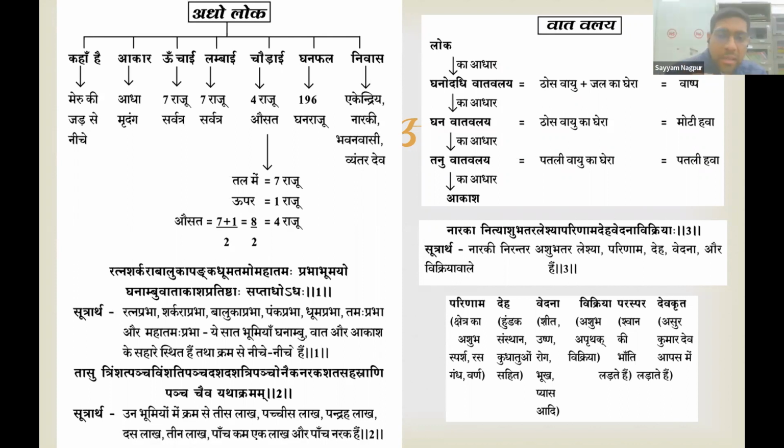Next is they have a bad body structure. The hotness is extreme, the coldness is extreme. They have lots of diseases, intensified hunger and thirst. So it's a very bad kind of situation. And they have a special thing that they can make any kind of structure that they want through their body only. So if they want to make a